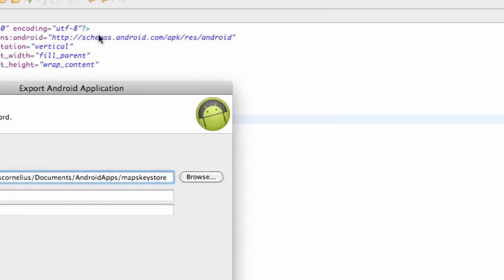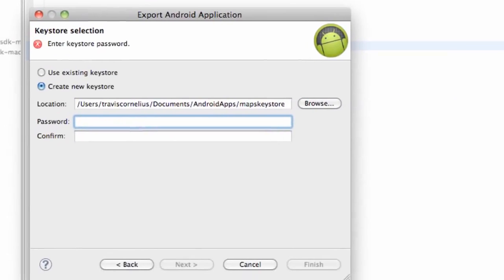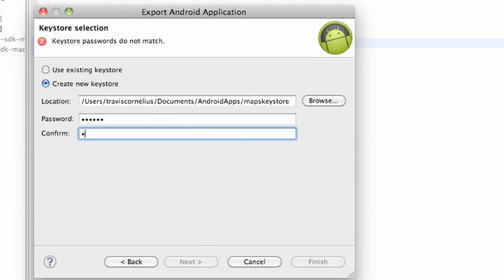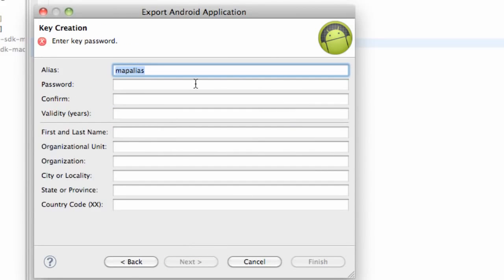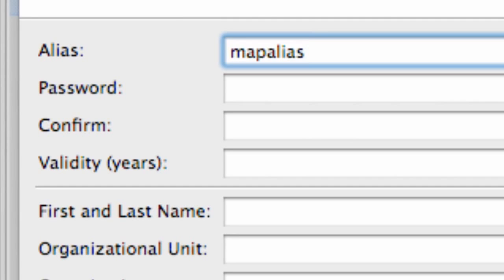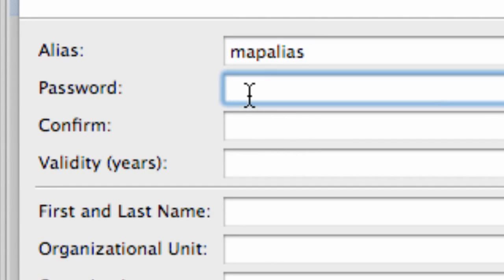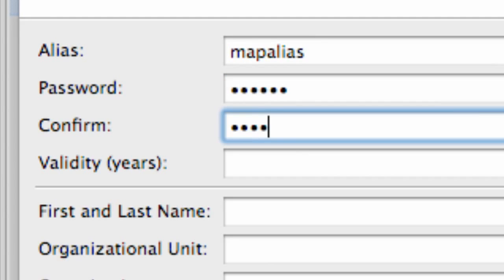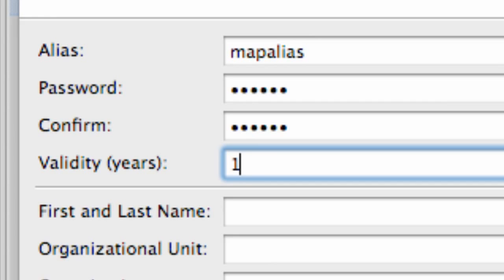Hit enter, and then we need to create a password that we're going to remember. I'm going to say Travis and hit enter. So now that's where we created our key store, and we also have to create an alias. So I'm going to label mine Maps alias, and again you guys have to remember your alias and your key store and all those passwords, so just try and keep it simple. And I'm going to say for a password it's Travis, again Travis, and validity is for